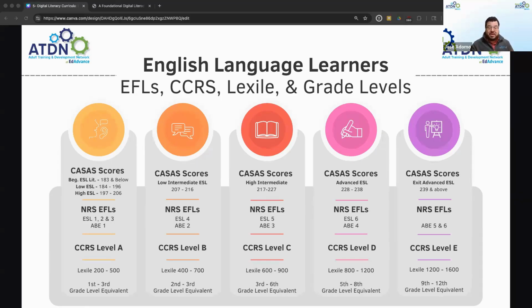So that's where Dart comes into play. It's targeting not just the foundation digital literacy, but it's also focusing on the language portion, which is very important in order for them to understand and contextualize what they're doing in the class.